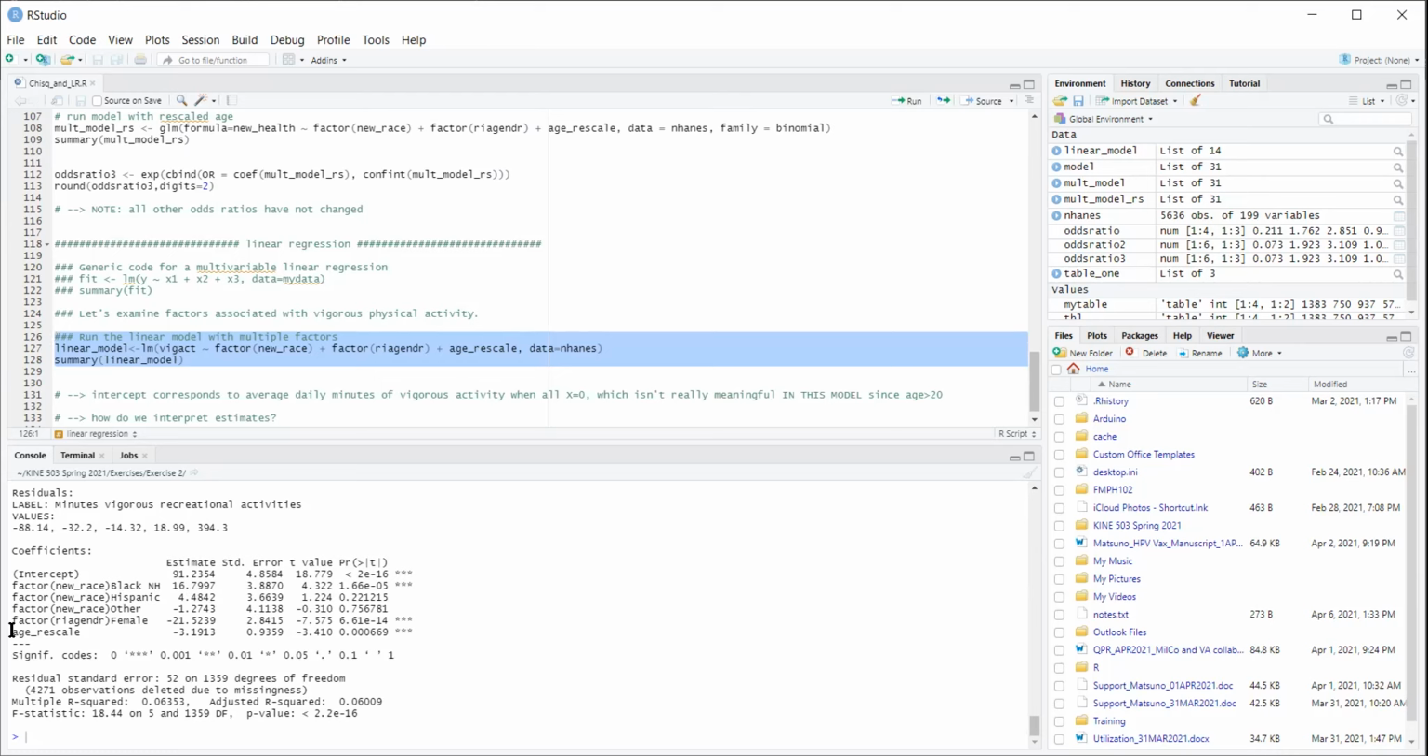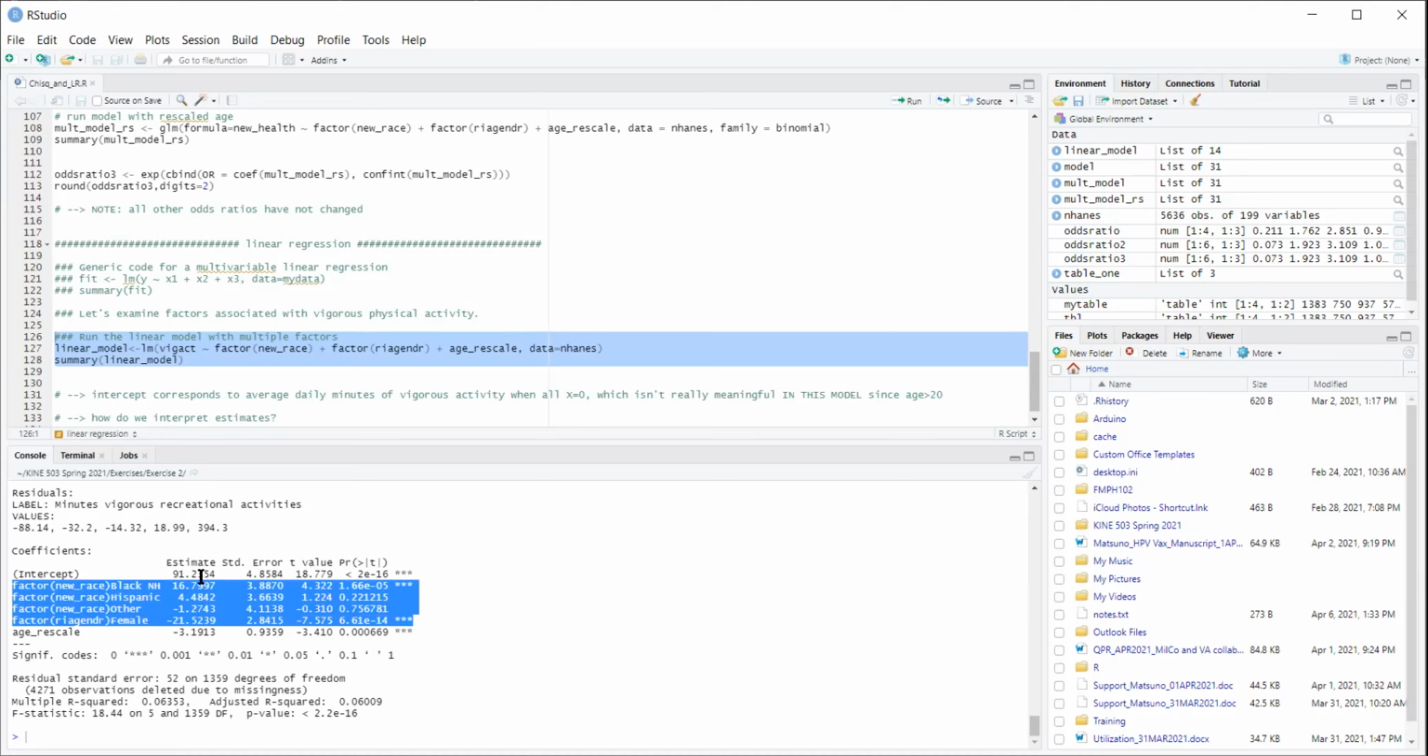But let's just say we only included race and gender in our model. Then this intercept would correspond to the mean daily minutes of vigorous activity for white males. Okay, so that's our reference group for both variables. What these estimates then mean